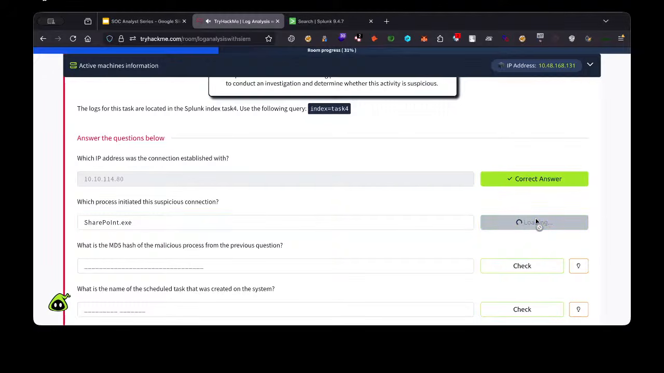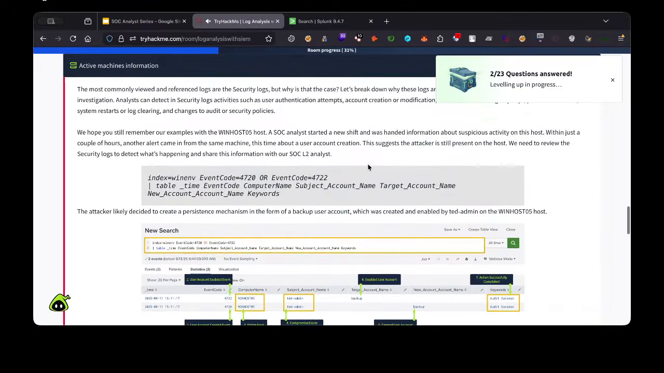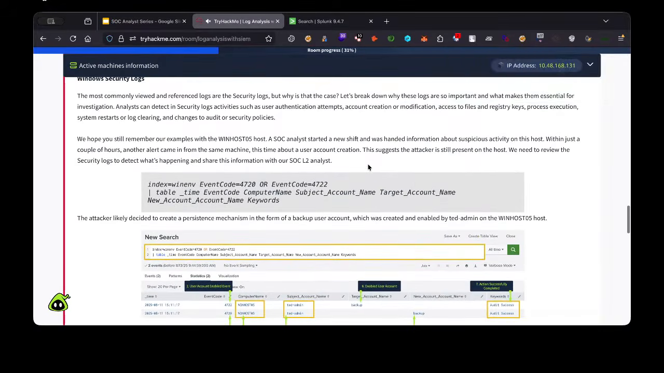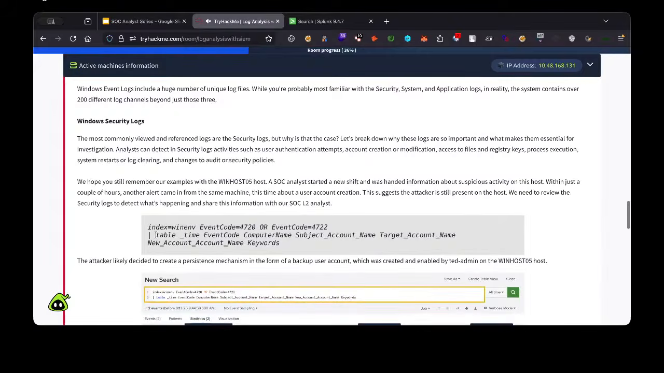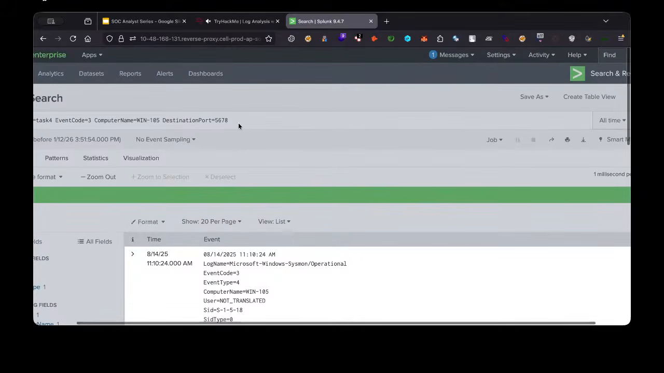Let's check. Is there any alternative method to filter it out? Yes, we have. You can filter with this query also, the table name event code. So we can filter it out with that query, and if we add the query here,